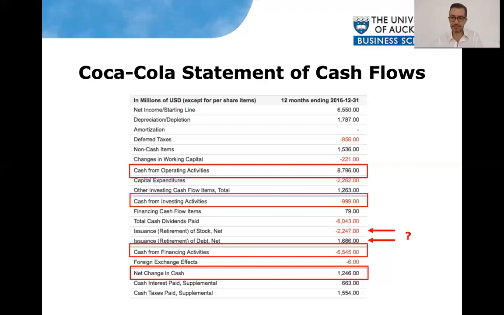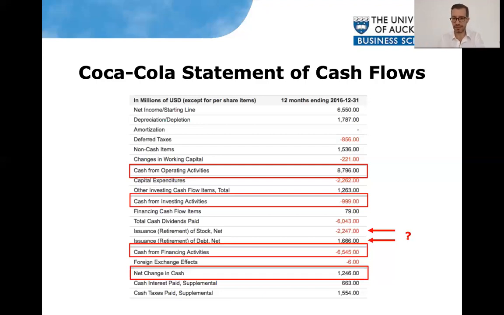If you're looking at young, tech, innovative companies, it will probably be very different. Usually companies are increasing a lot from financing activities, so they get a lot of equity inflow, so they sell shares, maybe let's say $1 million they need every year to sustain and grow their business, and they spend these $1 million in investing activities. Maybe they buy new computers and I don't know, a new warehouse, and also their operating activities are probably negative because they're investing a lot in growing the business. And so you might be looking at a different cash structure.